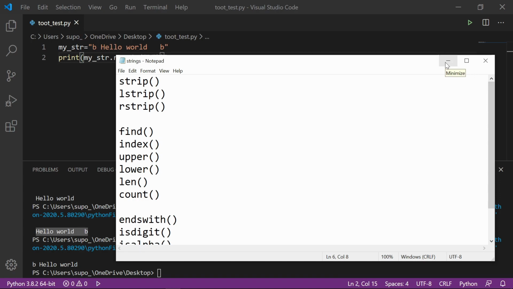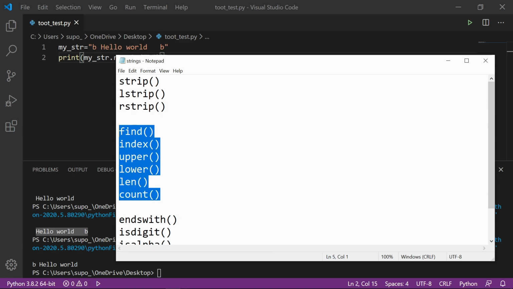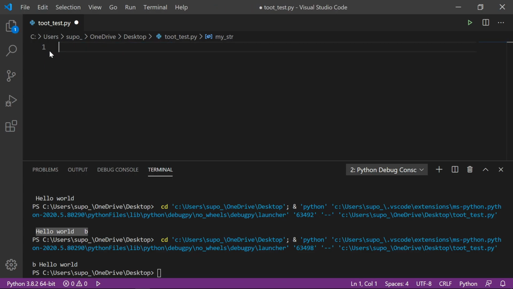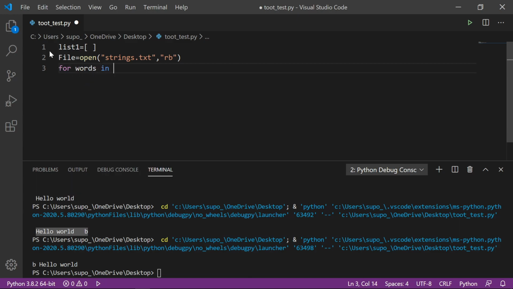I hope you get some idea about these methods, and now it depends on you how you're going to use this in your program. Okay, so let's see find, index, upper, lower, length and count. I'll show you an example: list1 equals an empty list, and I'll open a file in read mode plus in bytes. So file equals open strings.txt comma rb, for reading in bytes. Now it will open the file, and for words in that file,